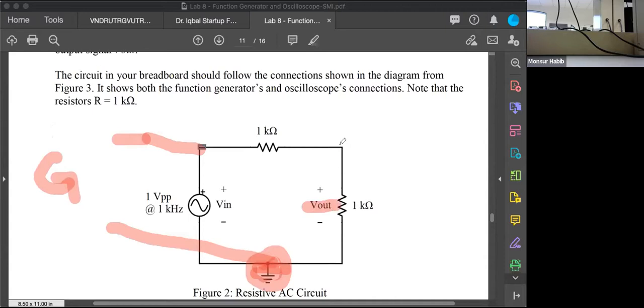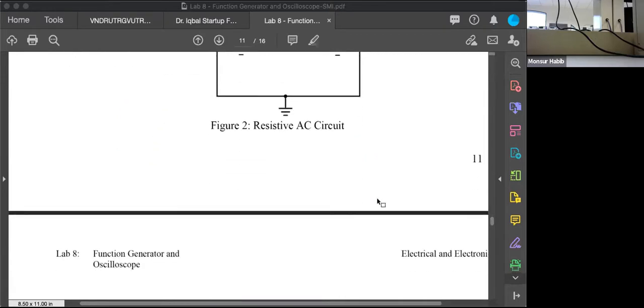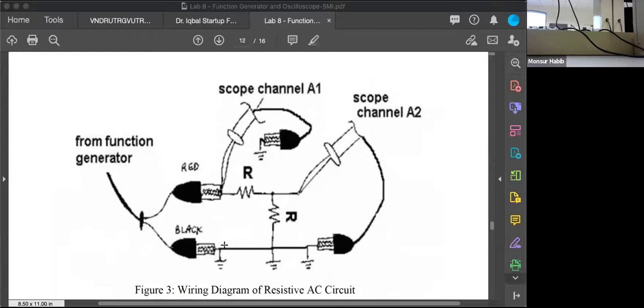So your oscilloscope will have the red lead here and the black one here because it's ground. All you have to care about is getting the red ones at the right place, because the black ones are all going common with the ground. So if you look at it this way, your circuit is a very simple thing. Your circuit is just this, two resistances, and then your